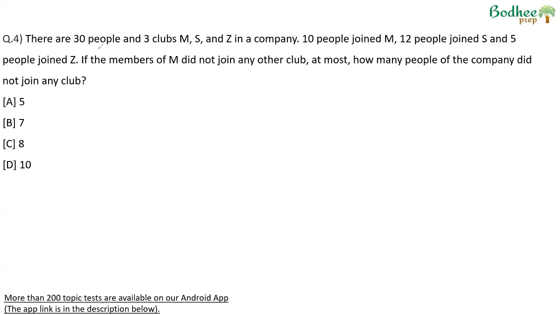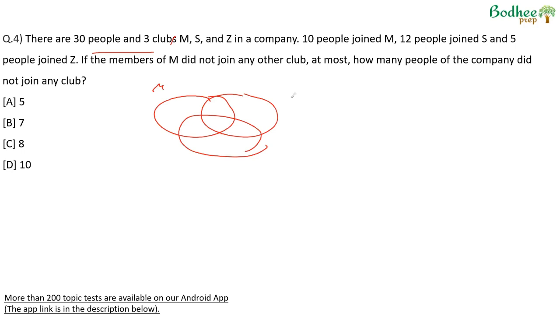There are 30 people and 3 clubs, M, S, and Z in a company. 10 people join M, 12 people joined S, 5 joined Z. If the members of M did not join any other club. So if you look at MSZ,